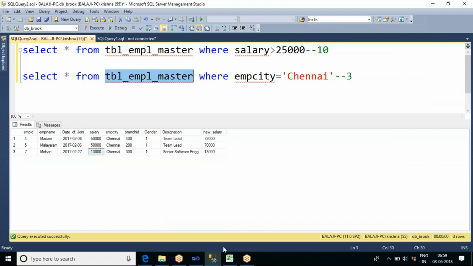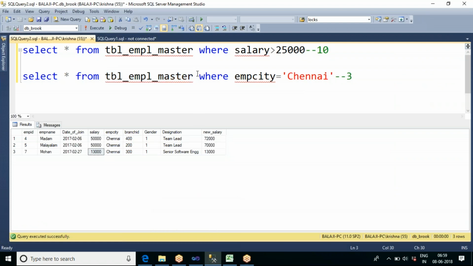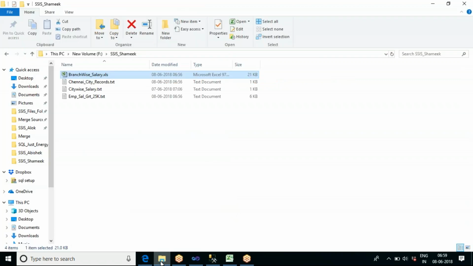So let me take this source, or you can take any flat file source whatever you want. It is not necessary that you always go for this source, but I have some data, so that's why I'm taking it. Let me take some flat file source.